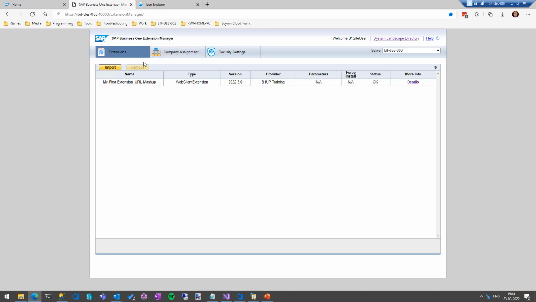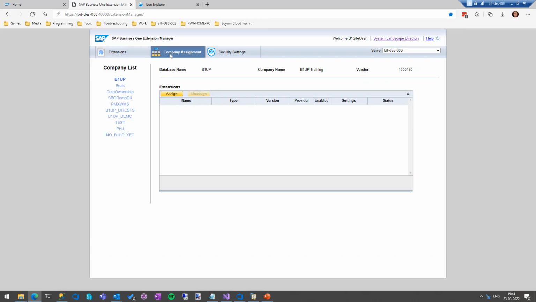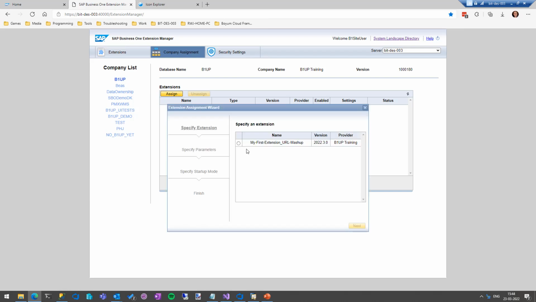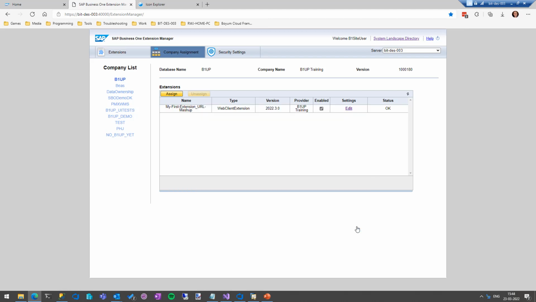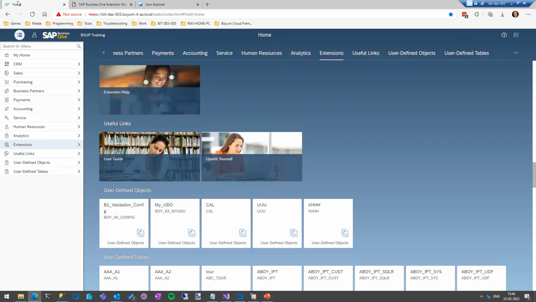And that is what we do either from the link I didn't press or the company assignment. And over here I have my different databases, and I simply say assign here, and I will now assign the add-on to that specific database, which is called B1UP in my case. As we can see here, this is the real name of the one, and the other one was the technical name. And if I press F5 now,